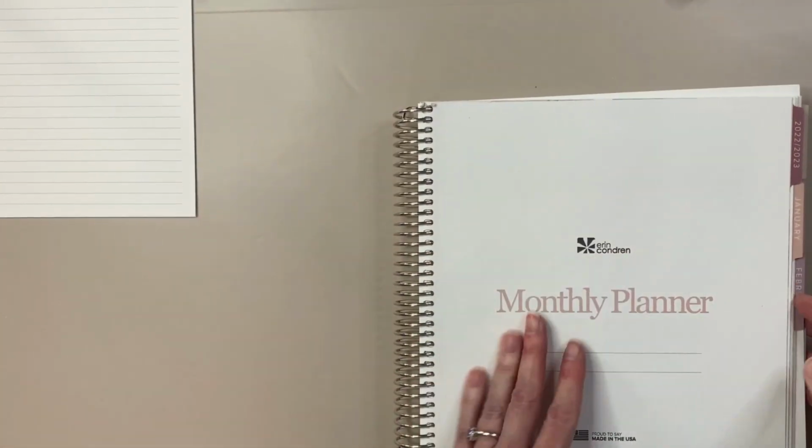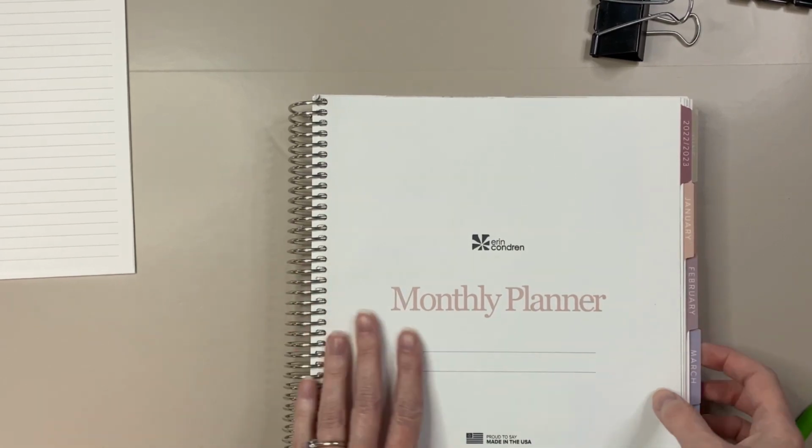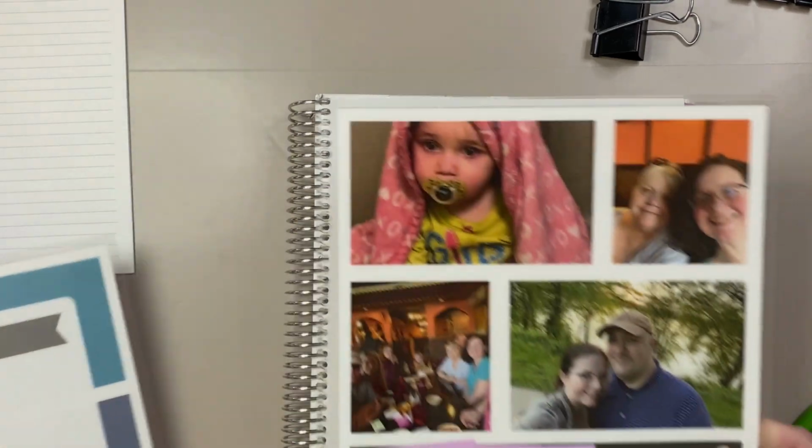And now I've got my budget binder. Okay, now that's it. Everything is put together and it's all in here, ready as a blank slate for me to do my budget binder. The only thing that I have to do now is put